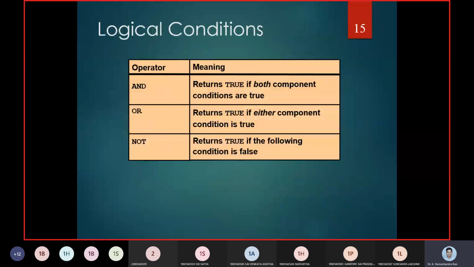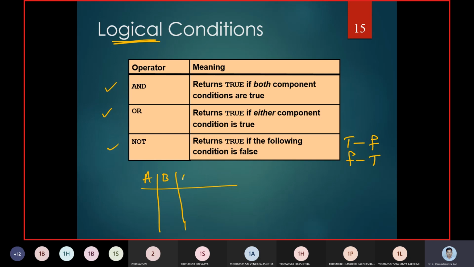Now there are some logical operations we need to understand. One we call OR, another AND, and another the NOT operator. If I give true, NOT gives false. If I give false, it gives true. Suppose I draw a table with A and B, and say an AND operation and an OR operation between A and B: true true, true false, false true, and false false.